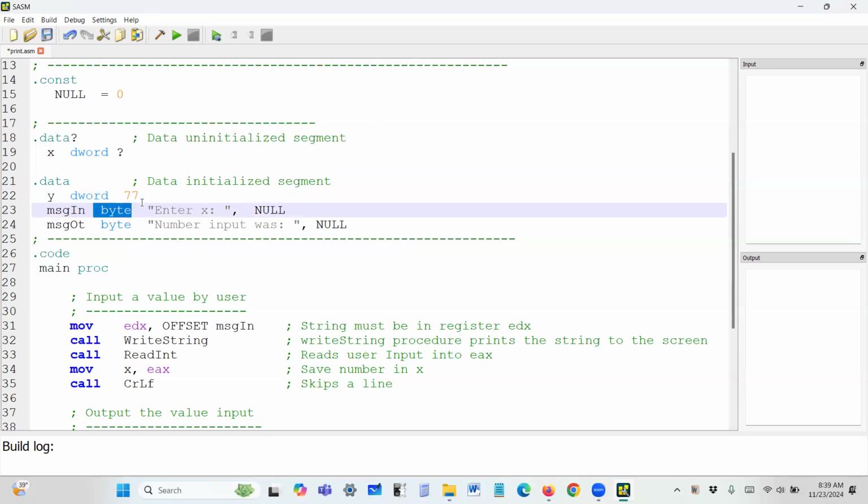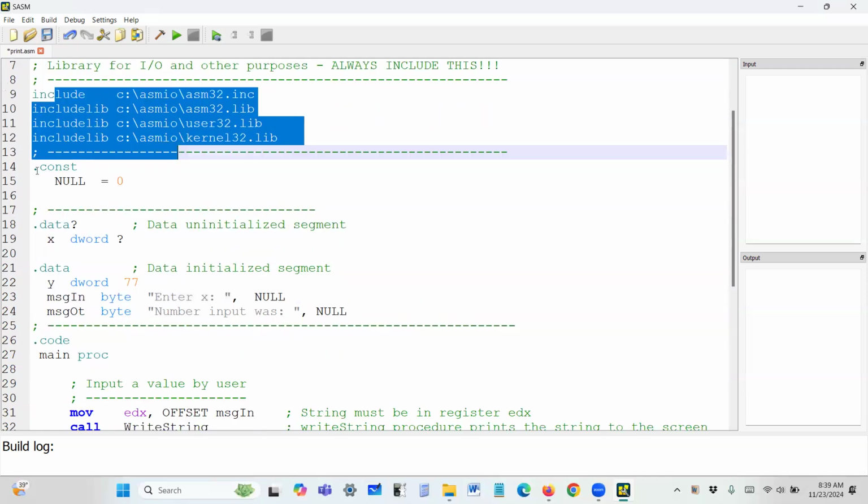It's a type byte, and it's a string. So every string has to be followed by comma null. Okay. C++ is the same way, and Java is the same way. It's just that those two languages handle that situation for us. In assembler, we have to do it ourselves. So,